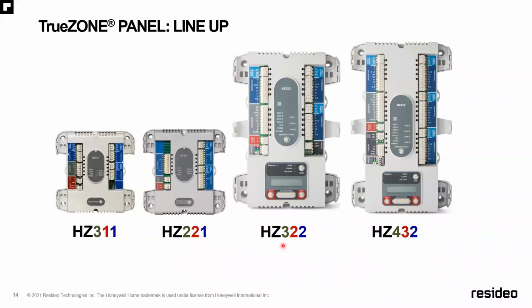Now, the HZ322 is going to, as you will see, give you a maximum of 3 zones with the capability of 2 stages of heat, 2 stages of cooling, and you will see it'll handle a single stage compressor heat pump. And the top of the heap is the HZ432, which is obviously going to give you a capability of 4 zones with 3 stages of heat and 2